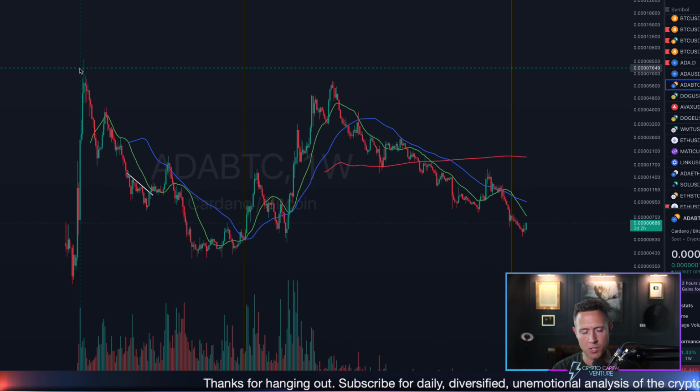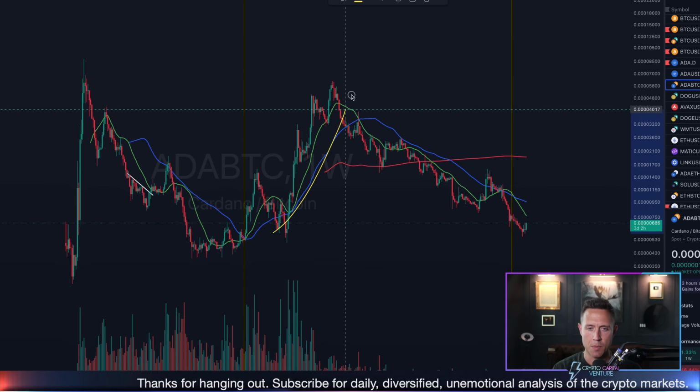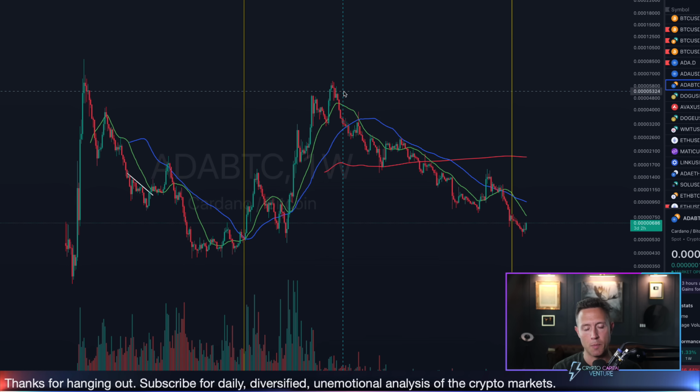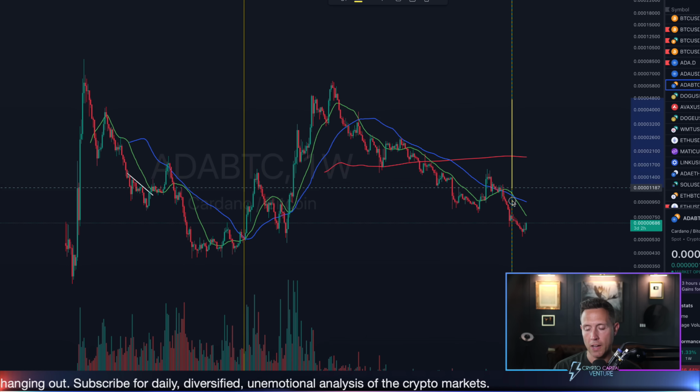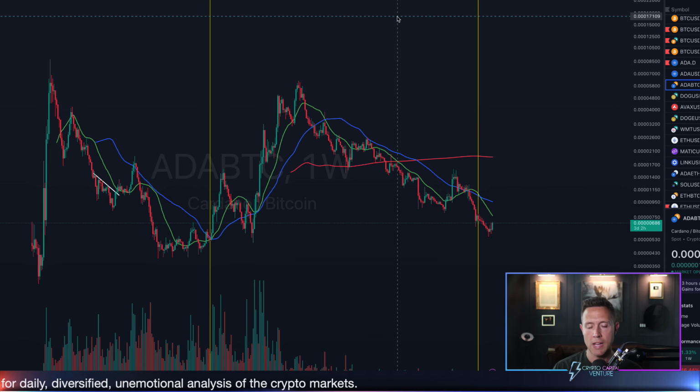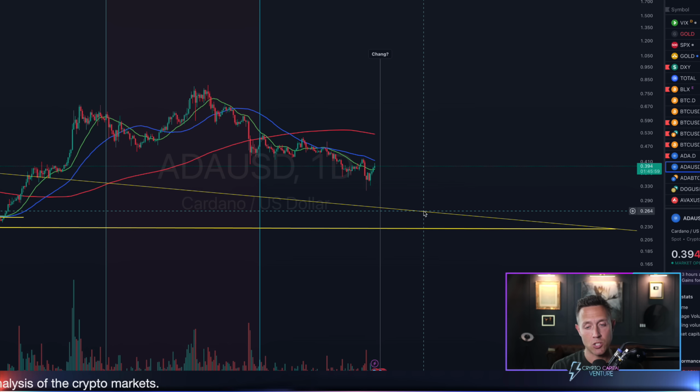And it's very similar to the cycle before, what ADA did before having its parabolic bull run, really outperforming a lot of crypto back here. Now here we are, right after the Bitcoin halving. Here's the last Bitcoin halving. So as we start dissecting these indicators and looking at this macro picture, and talking about ADA BTC, and even the move on the daily chart, this shift back to the upside that we're looking for,